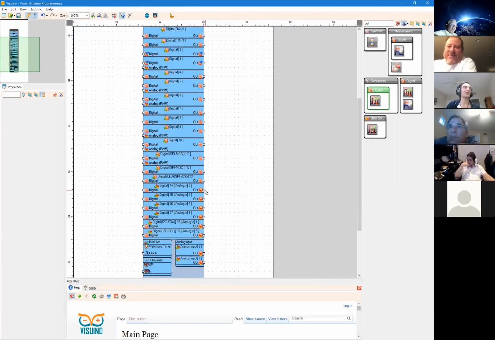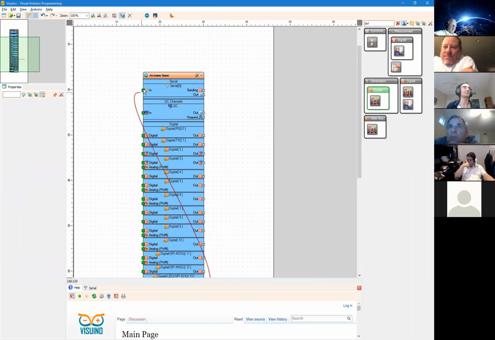Now let's start with more interesting stuff. Obviously, this is a very boring and stupid project. So let's start with serial communication. So let's assume that we want to read one of the analog ports and we want to receive it over the serial port. So again, in this case, I just connected the analog output pin